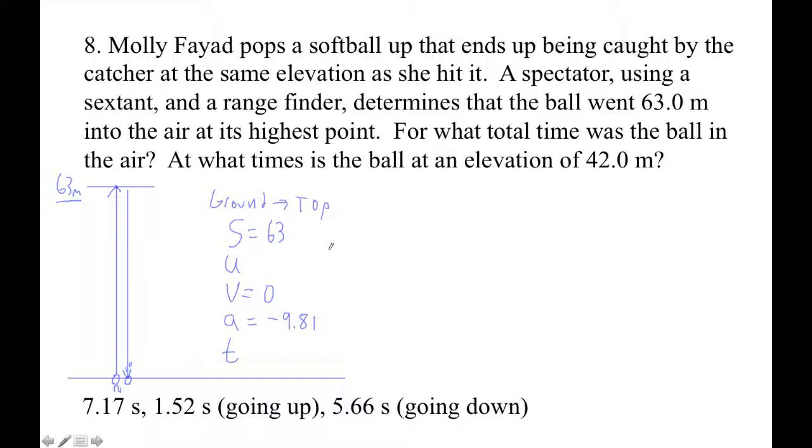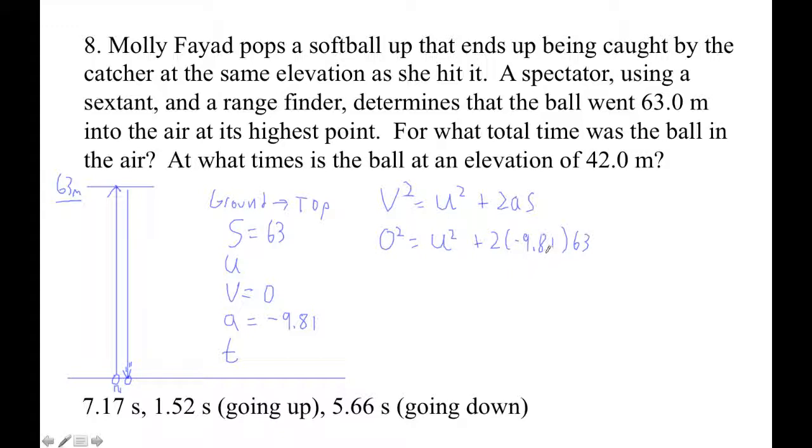So what do we have to do? We have to use no t to find u. Let's do that. This looks simple, but it's a little bit tricky. So 0 squared is u squared plus 2 times negative 9.81 times 63. If I solve that for u, putting this on this side saves us an imaginary answer, and it ends up just being the square root of 2 times positive 9.81 times